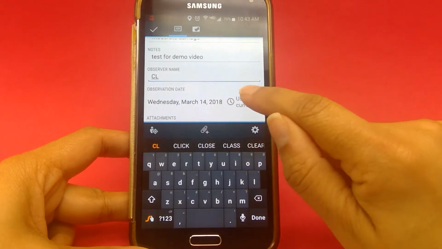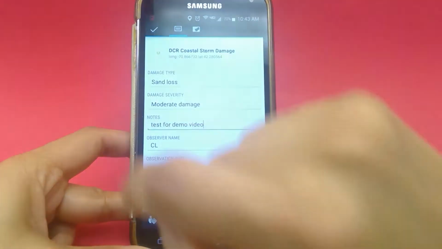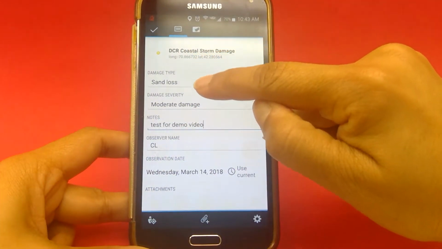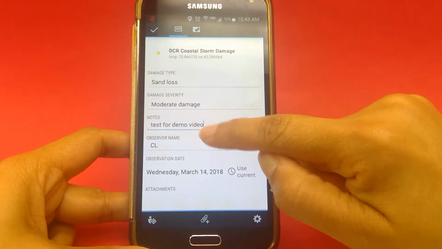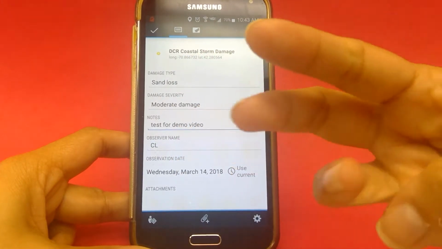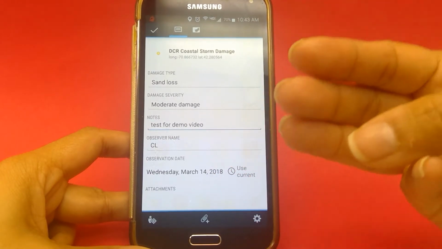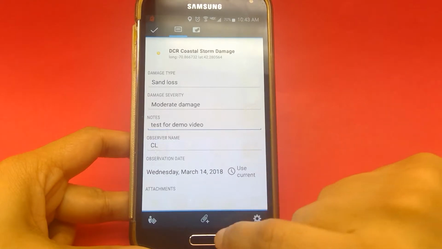The second part of my data collection is now done. The first part was putting in the location. The second part was putting in information for these 5 attributes or fields. The third part of data collection is, if I choose, I can take photographs and attach them to